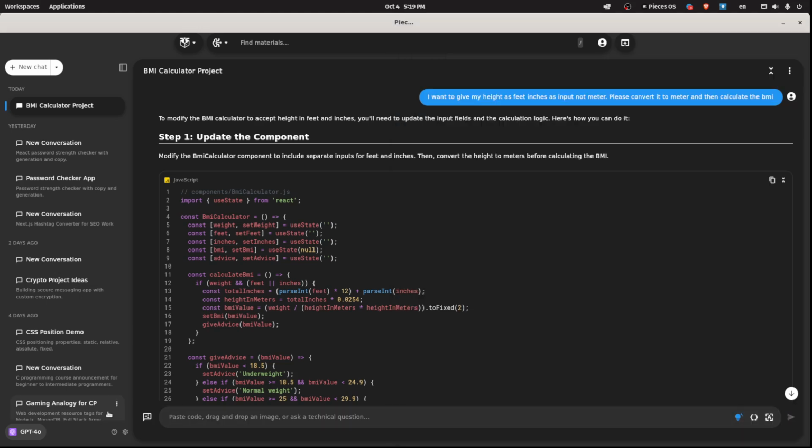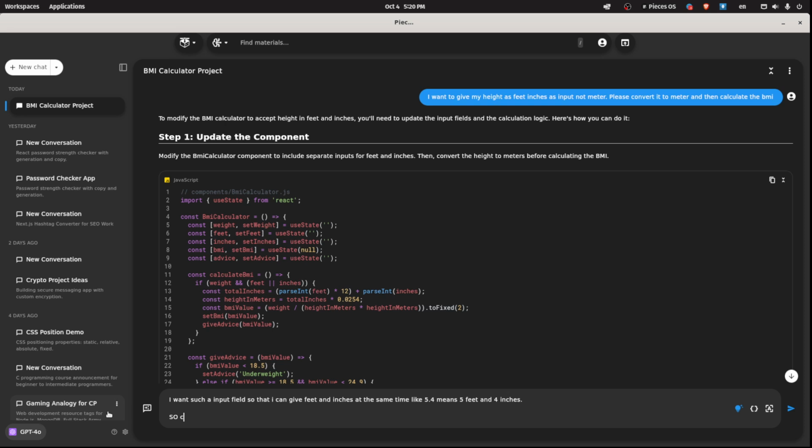Okay, let's try something like this. I want such an input field so that I can give feet and inches at the same time, like 5.34 means 5 feet and 4 inches. Okay, inches. So create